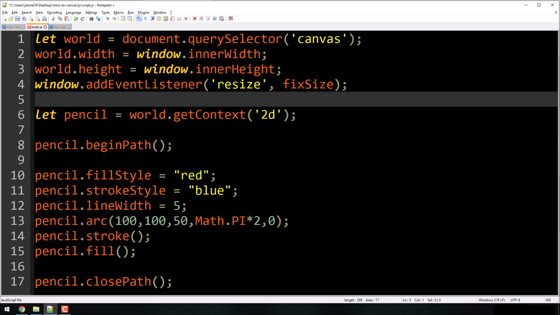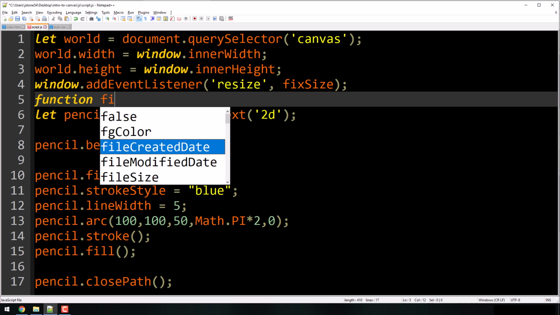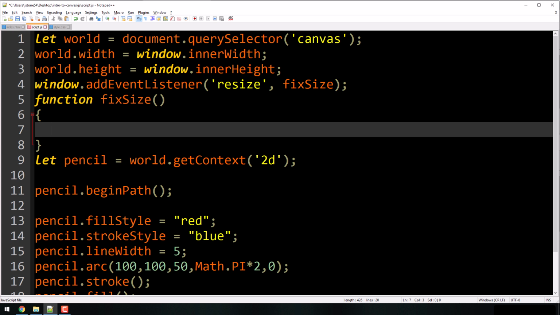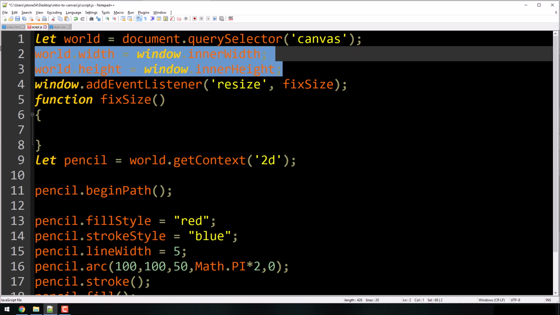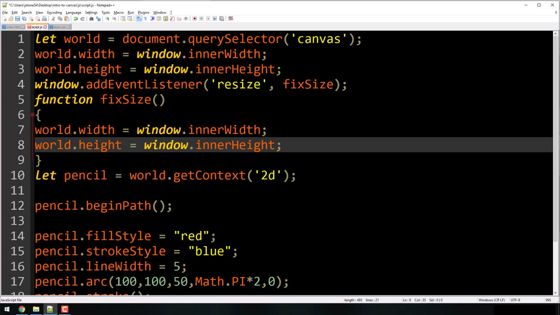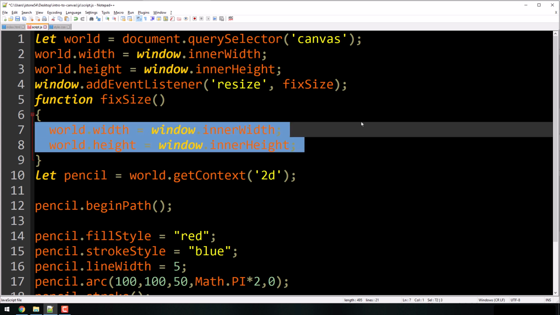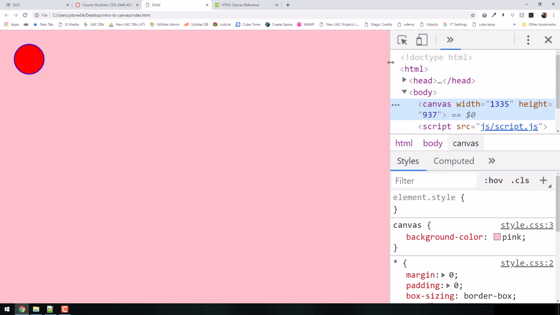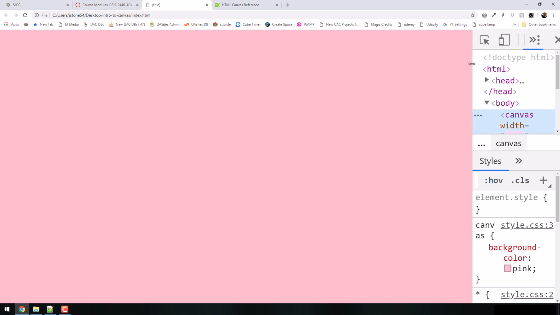I'm going to make that function down here out of the way. I'll do it here and then I'll copy and paste it down below. So function fixSize. Now, what do you suppose I want to do in that fixSize function? Yeah, I just want to run this code right here. Maybe we should have some sort of a setup function or something. We'll see as we move along. But for now, let's just duplicate our code for simplicity. We'll clean it up a little bit later. But that's all I want to do. I just want to run that. So now that should solve the problem.